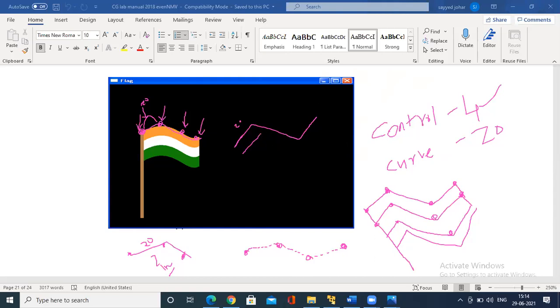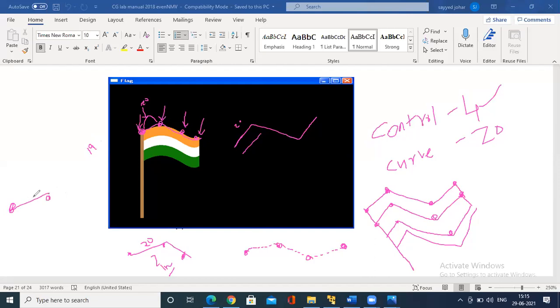Okay. So how many control points do we have? We have 4 control points. How many lines in between? See, when you have 4 control points, you could draw 3 lines, right? Similarly, when you have 20 curve points in between these two, you could have 19 curves. Okay, that is, I'm redrawing this in between two control points.